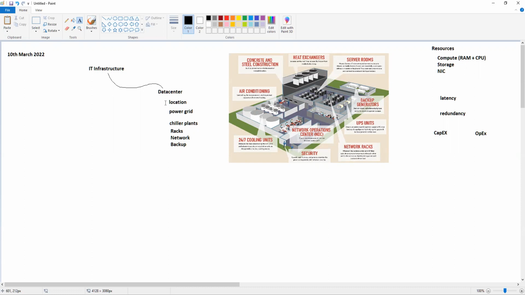So one challenge is to invest the money to build all of these, and then you have another challenge to sustain all of this. So it's not very easy. It's not something you can just do on the fly. Capital expenditure was involved, and that made it very hard for small businesses and companies to invest their money.